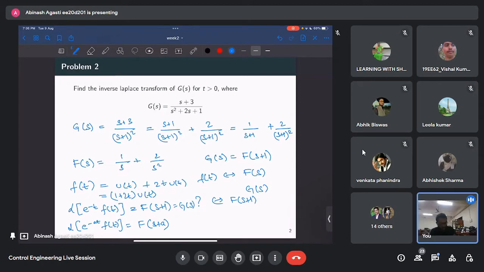So the Laplace inverse of G(s) is nothing but e to the power minus t f(t), right? जो कि है e to the power minus t (1 plus 2t) u(t), करेक्ट? Yes sir, correct sir. समझ में आ गया ना? Yes sir. चलो आगे चलते हैं।